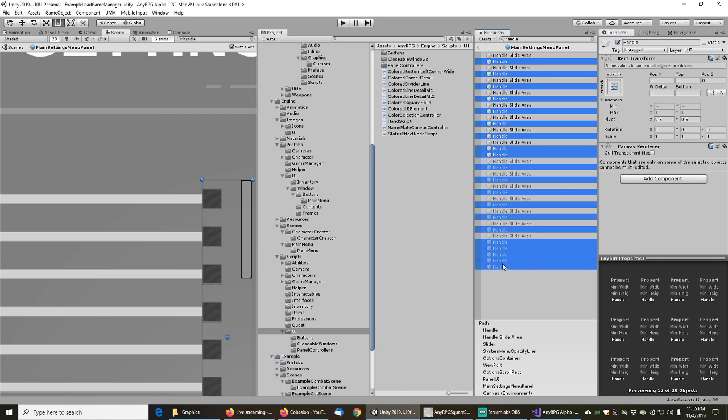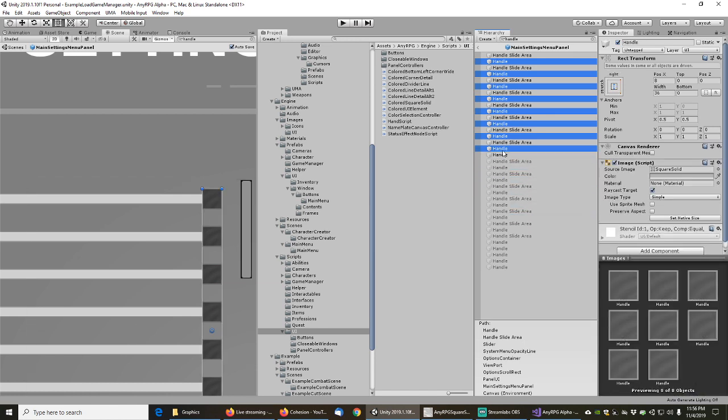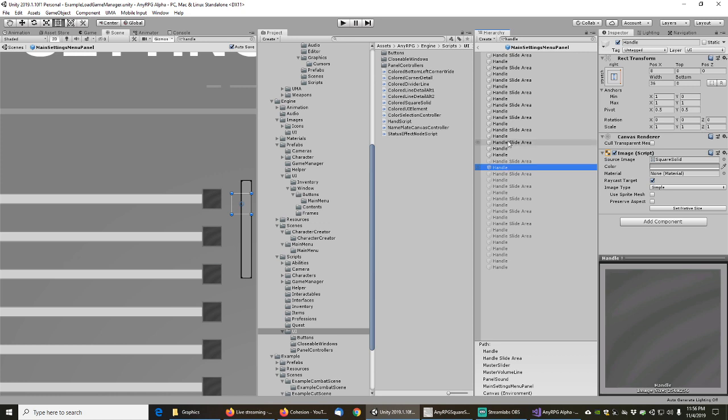Which apparently not all of them. Well, that's odd. Okay, so some of them don't have images apparently. Okay. Well, what's up with that handle? Oh, it's a vertical handle. Okay, so